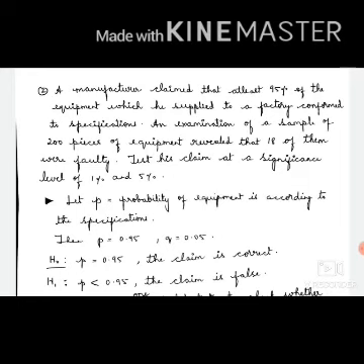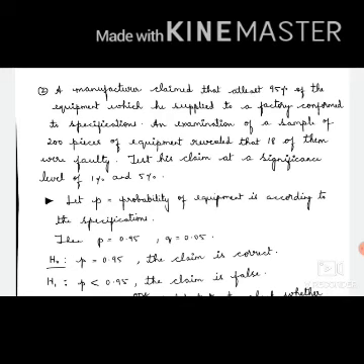So here the claim of the manufacturer is that at least 95% of the equipment is according to the specifications. Therefore, we accept the hypothesis of what the manufacturer claims. So we say that the claim is true. When we take the claim as true, the probability that the equipment is according to the specifications is 95%. Therefore, the probability of success P is taken as 95 by 100, which is 0.95. So we take the claim as P is equal to 0.95. In order to check whether the claim is true,